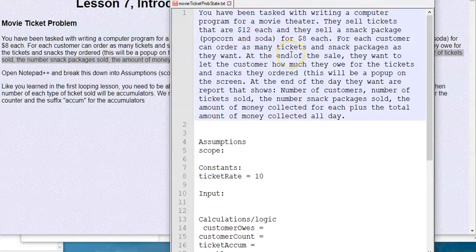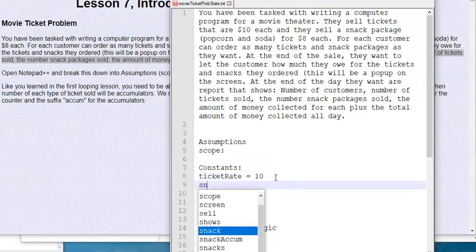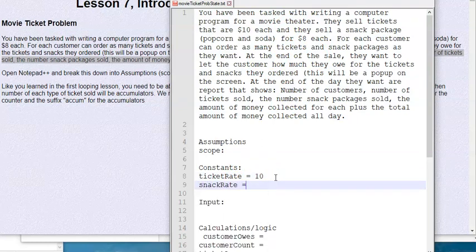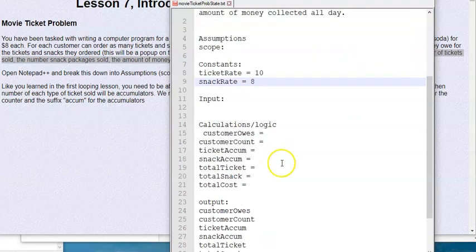I think I don't want that to be 12. I don't know why I said 12. That should be 10. It's 10 and 8. And then the snack rate is going to be equal to 8. There we go. So now we move down to here and we say, okay, well, we start with the bottom